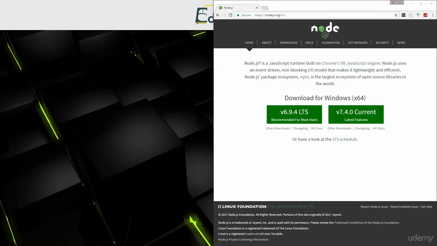Alright, so now that we have our environment set up with Node.js, we're going to create a Node.js application. First thing we'll do is open up a command line. If you're using Linux or Mac, just open up your terminal. If you're using Windows, you can use your standard Windows command line, but we're going to use the Git Bash